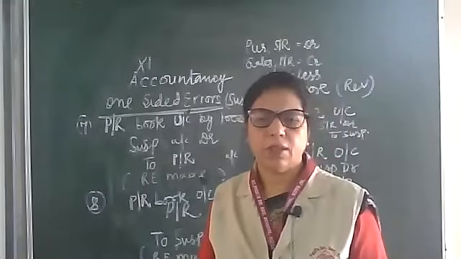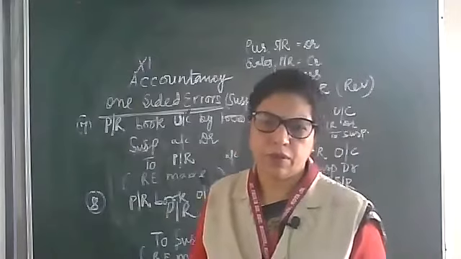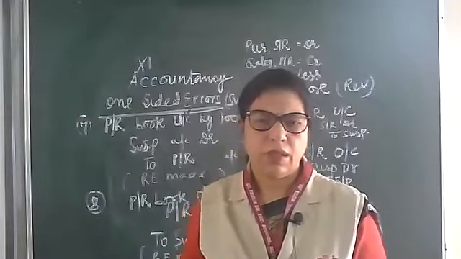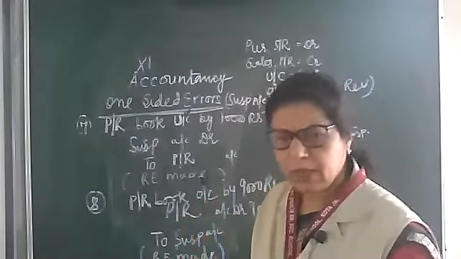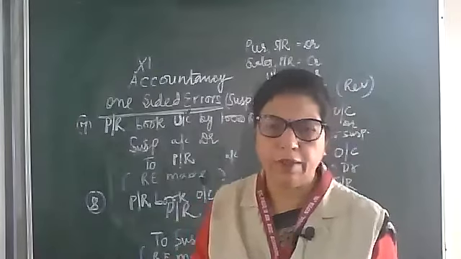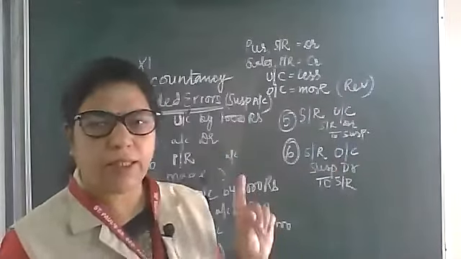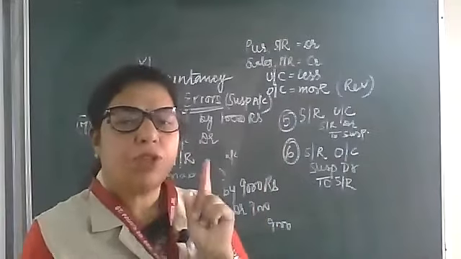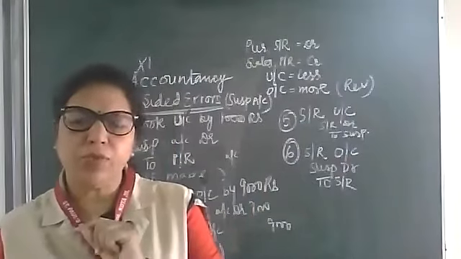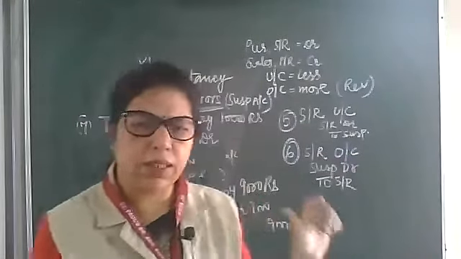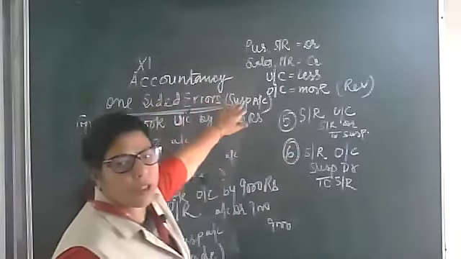Basic 8. Now I am giving you in different languages. Different types we can get for this one. Note down, please. So 8 basic entries you have. Now another type for this type of one-sided error. So at that time you will use suspense account. Why do we use suspense account, Tanish, in these type of entries? In one-sided error, why do we use suspense account?